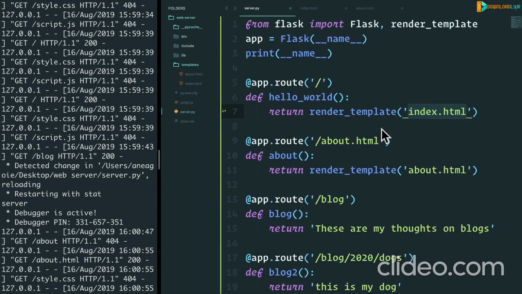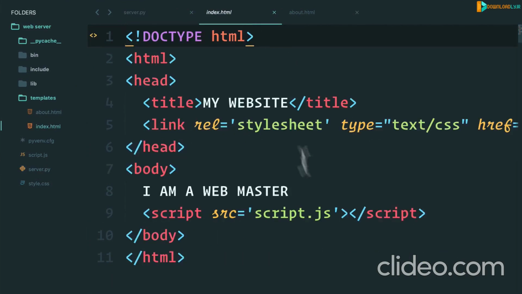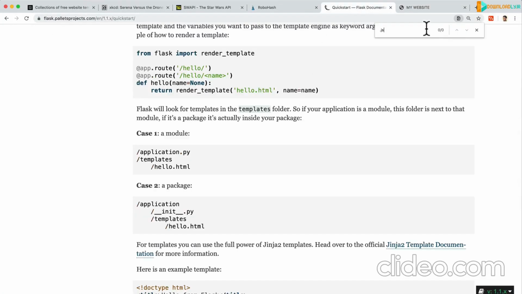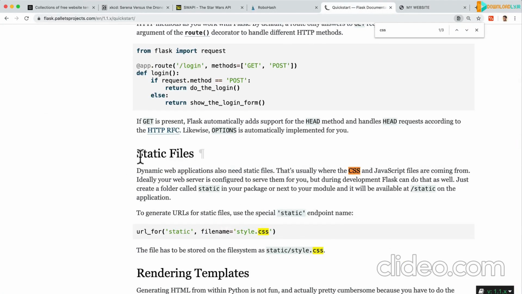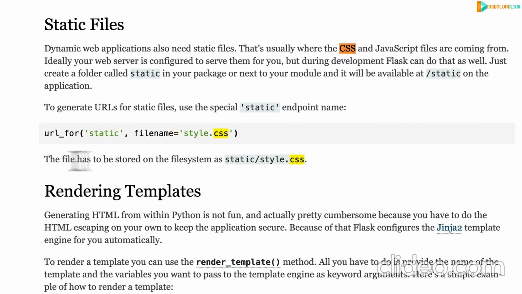Welcome back. Let's figure out how to add CSS and JavaScript to, well, our index.html. Because if you remember, we are using script and CSS in here. Now, once again, with Flask, if we go to, let's say, CSS, we see that there's static files. Static files simply means it's a file that's never going to change. That is, CSS and JavaScript, usually once we send them out, they're not going to change. They're static. And you see over here that with Flask, we have to store the files on the file system as